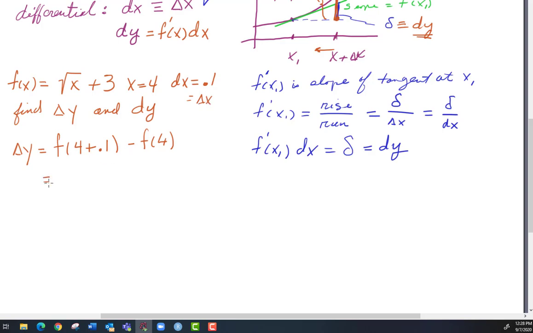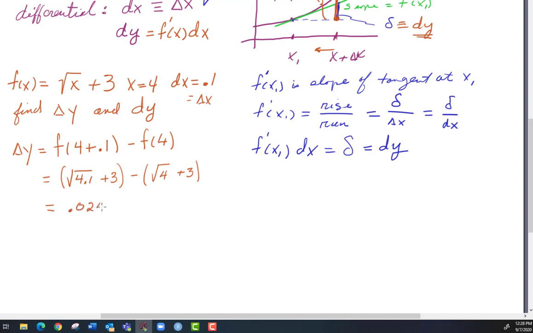All right, so what would this be? This would be the square root of 4.1 plus 3 minus the square root of 4 plus 3